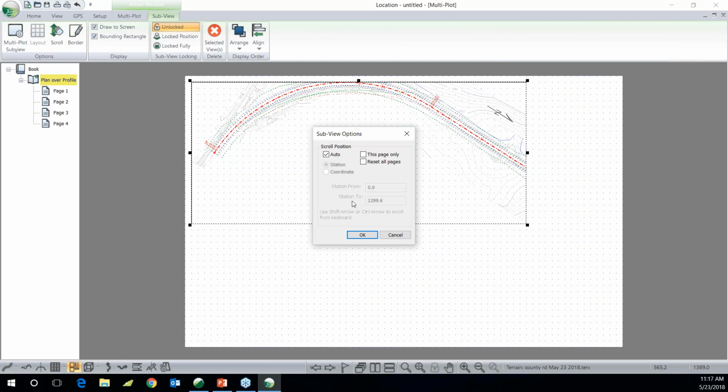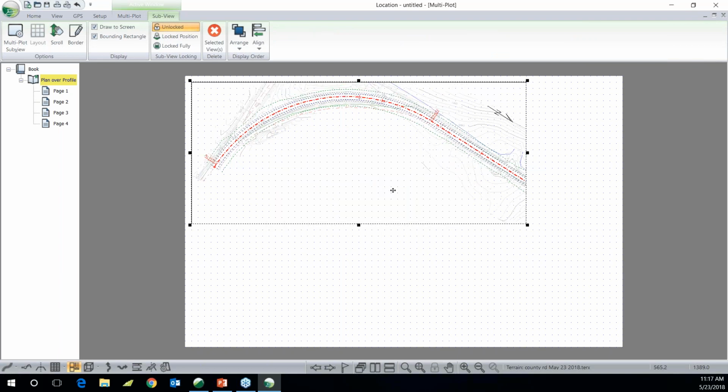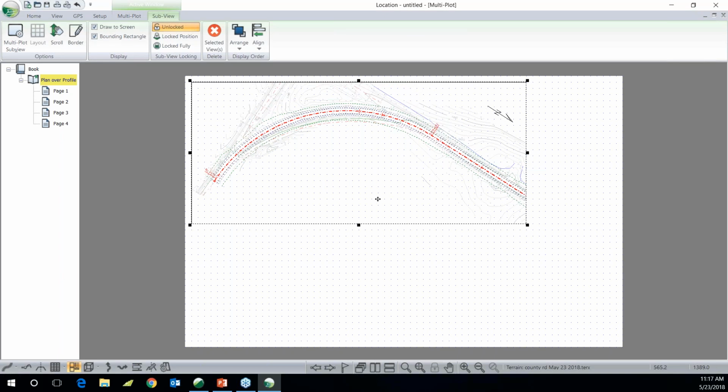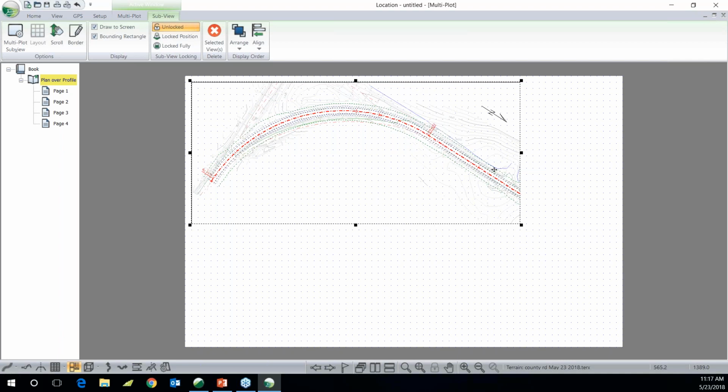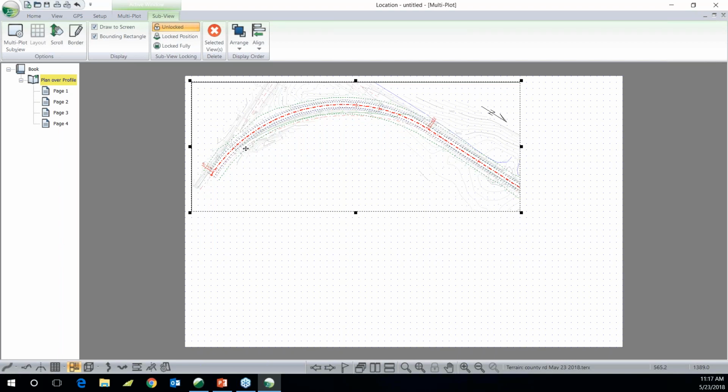Scroll my subview down. Shift arrows to scroll it down. Make my page a little bit smaller. Okay, so just keep in mind that you have to do everything at the chapter level. If you decide to move things around at the page level, you'll get a little tag appearing here telling you that you should be doing everything at the chapter level. Let me just make that a little bit smaller. I can add my profile,